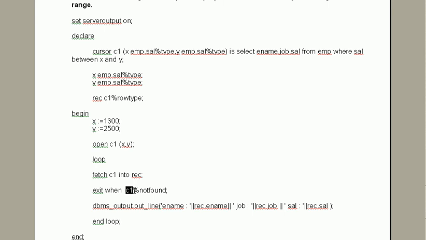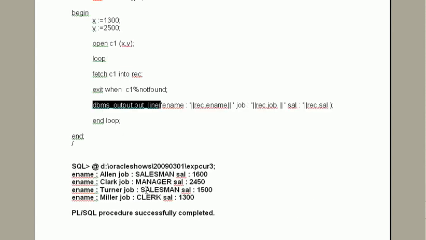So in implicit cursor we are writing SQL, and in explicit cursor we are writing the cursor name. So this is the important point, mind well. So fetch C1 into REC, and if cursor has no row, not found, exit from the loop, otherwise print the name, job and salary, and then end the loop.